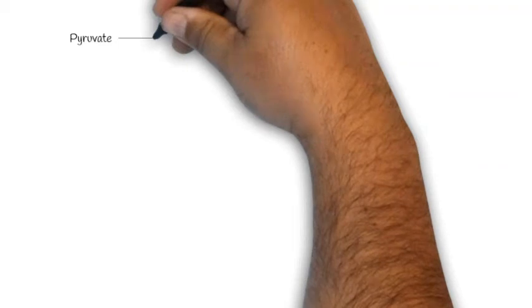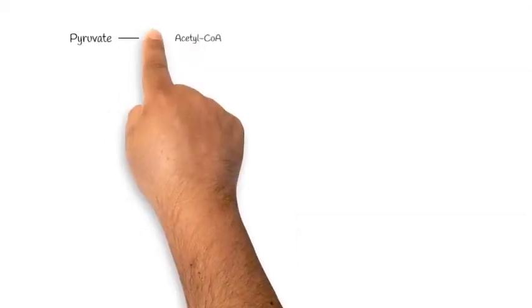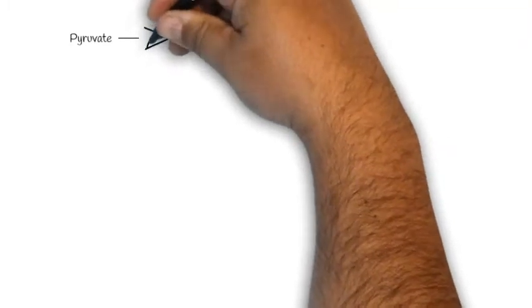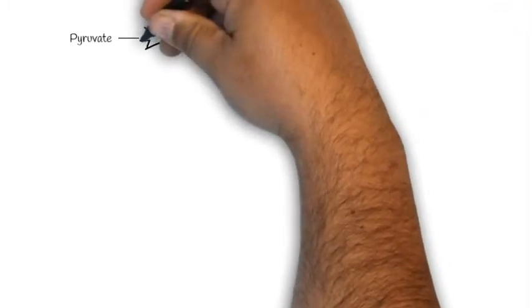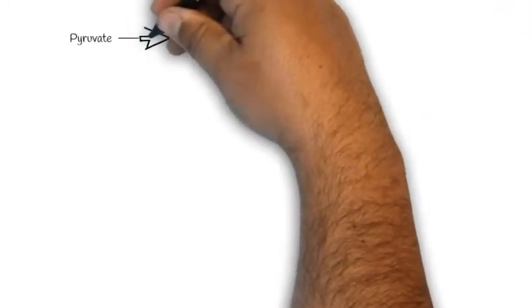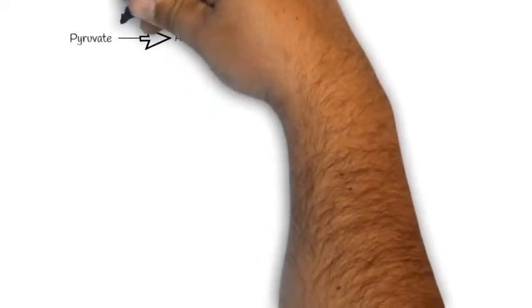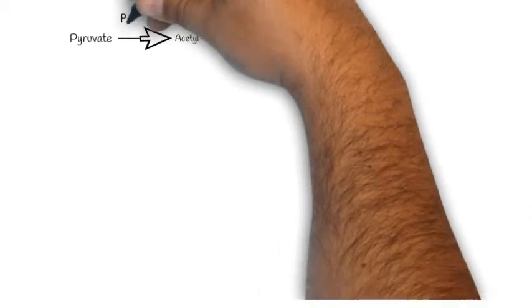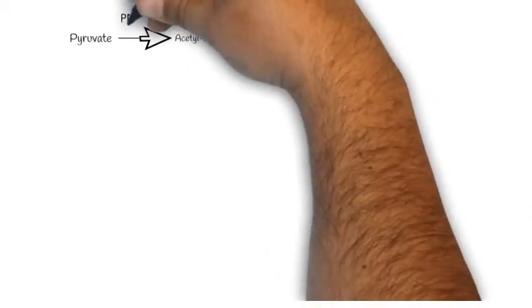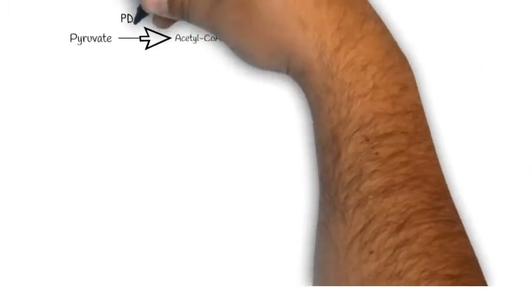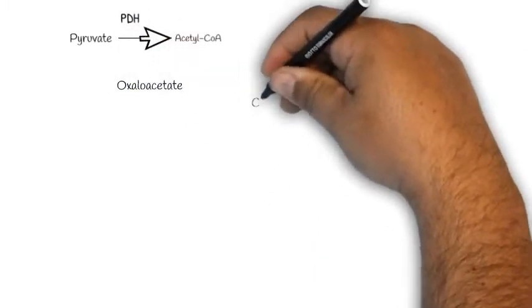It's an enzyme complex requiring a number of cofactors, one of which is vitamin B1 or thiamine, which is often deficient in alcoholic patients. And so once pyruvate is converted to the acetyl coenzyme A through the PDH,